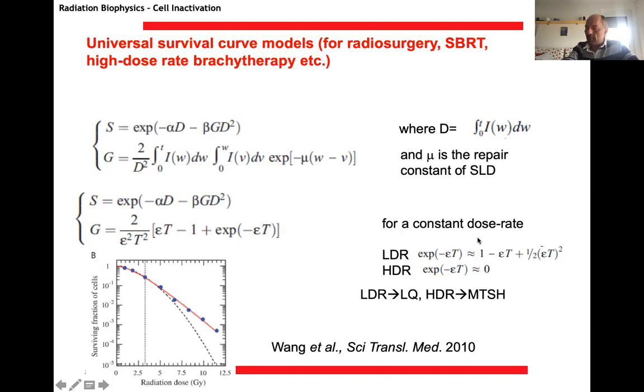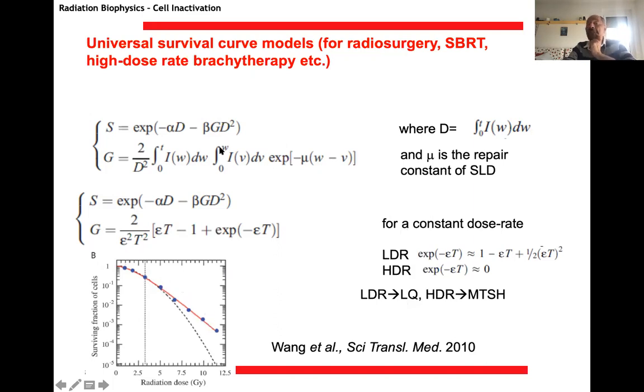for a constant dose rate, I mean, the approximation at low dose rate, this exponential can be written in this way. At high dose rate, this is essentially 0. And so this means, in reality, that at low dose rate, this model becomes similar to the linear quadratic. But at high dose rate, this becomes more linear to the multi-target single hit model. And in fact, you see, it reproduced the data very well also at high dose, becoming more like a multi-target